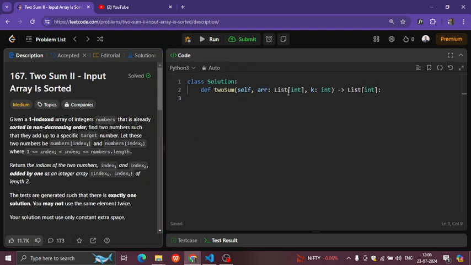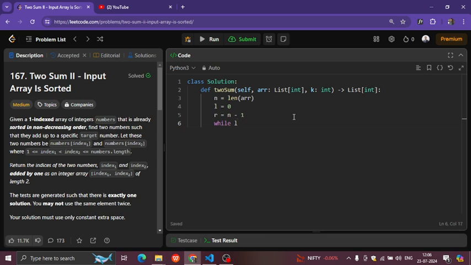Now let's get to the code. So we are given this array ARR and K, which is the target. First let's find out the length of the array, and we start L at 0, R at n minus 1, and we start the loop.